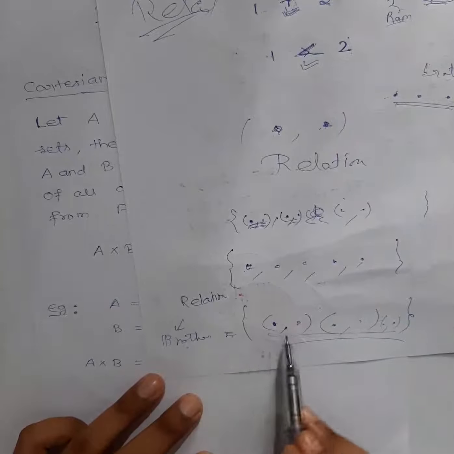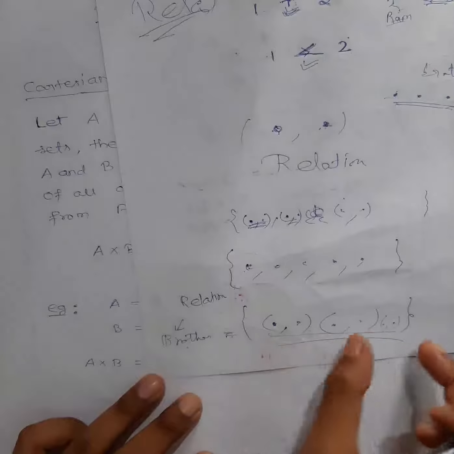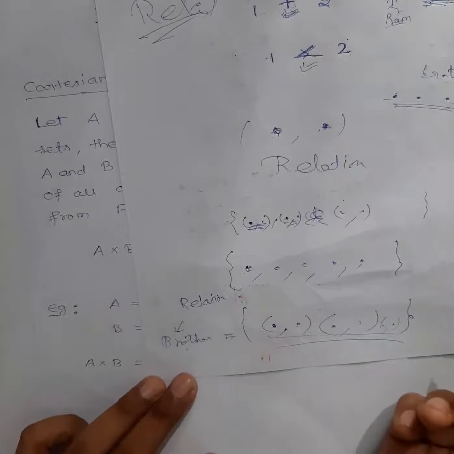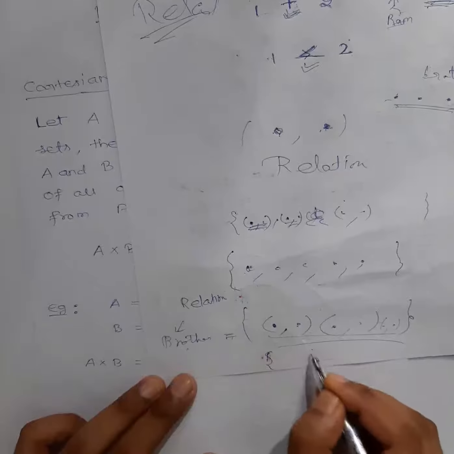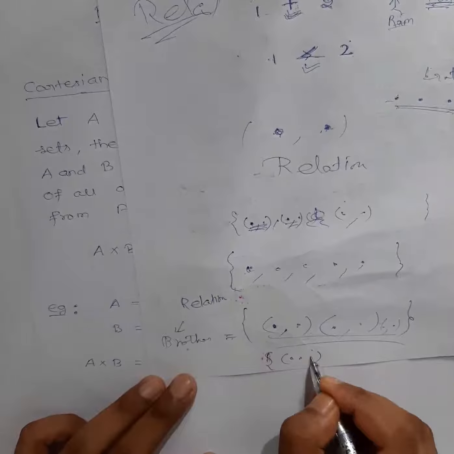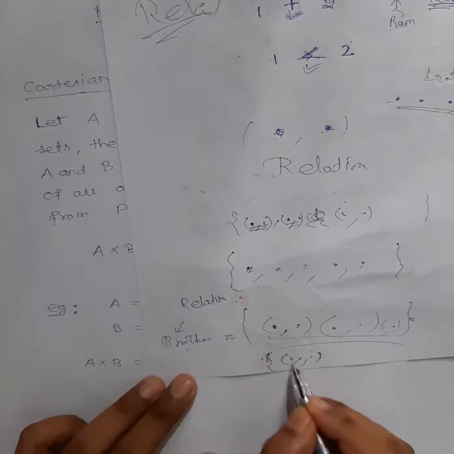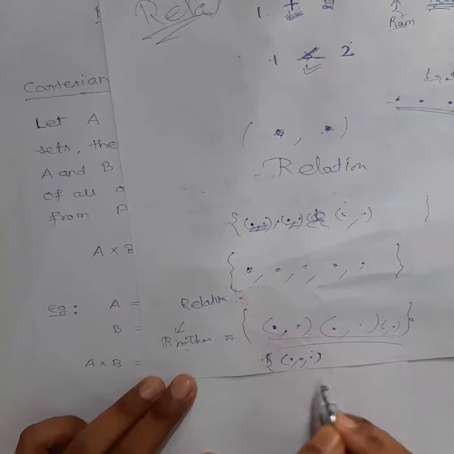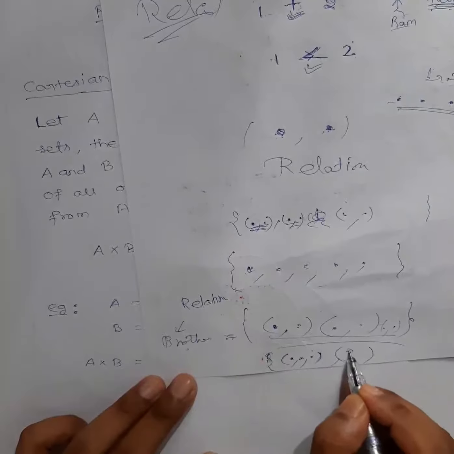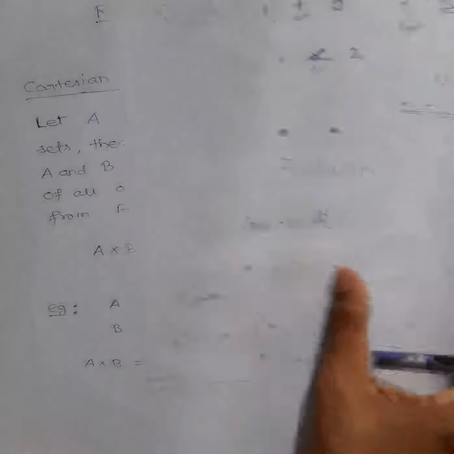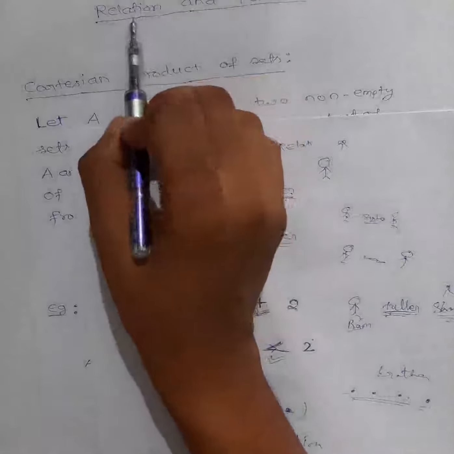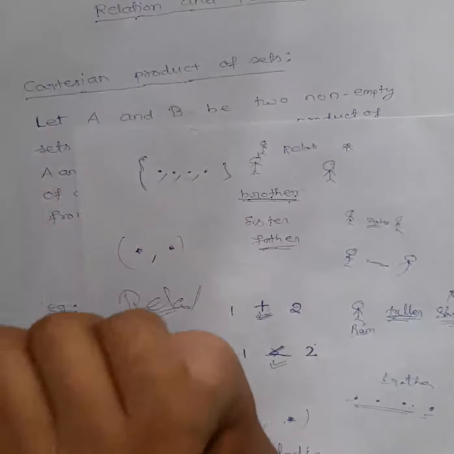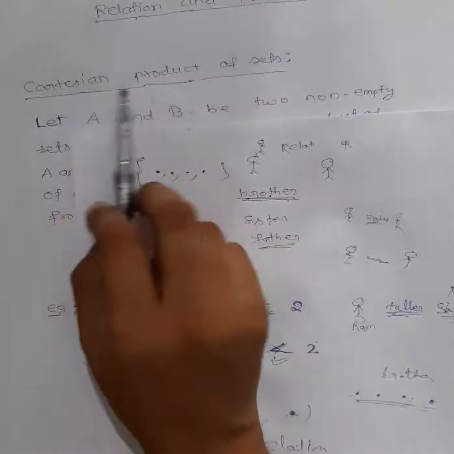Here the relation is brother, right? And this is a collection of pairs of brothers. Okay, now if three persons are brothers, then how will you make a collection? You will put the three persons under a bracket. You can put 3 persons here, then I will understand that these 3 persons are brothers. Okay, so what I'm trying to say from here is, whenever we say relation, first of all a minimum of 2 objects must be there.